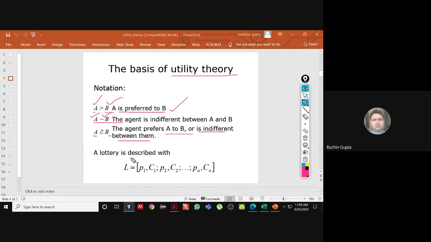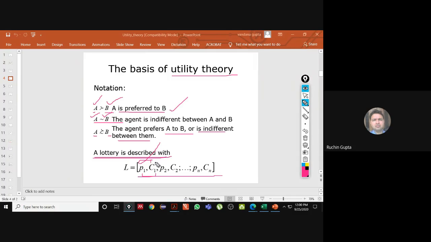There is another term which is described here, that is called a lottery. So what is a lottery? A lottery is nothing but a sequence of a number of elements where each element is a pair of two things. So P1 comma C1 is one pair, P2 comma C2 is another pair, and it could be up to Pn comma Cn. Each pair has two elements, one is the probability,